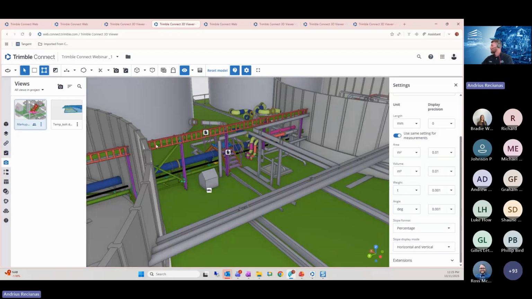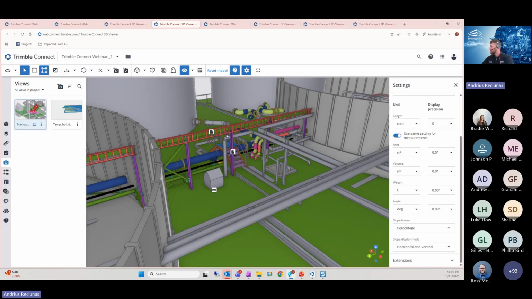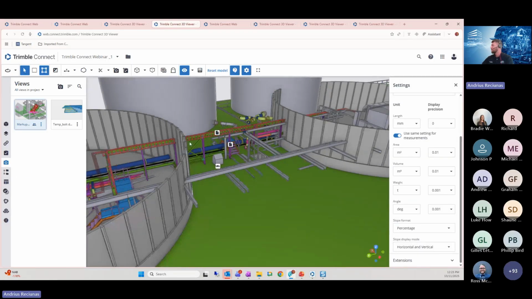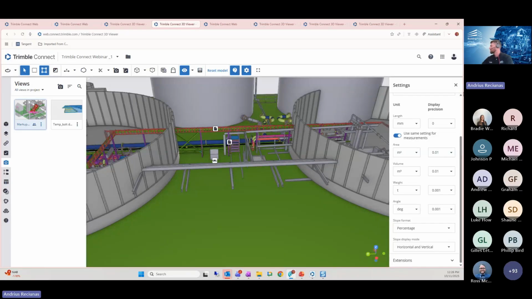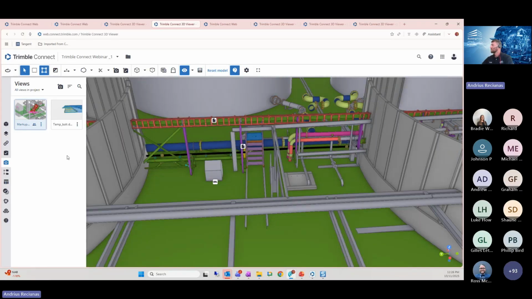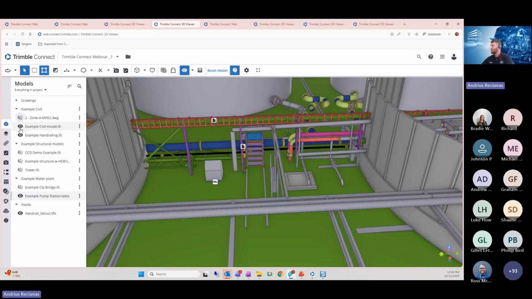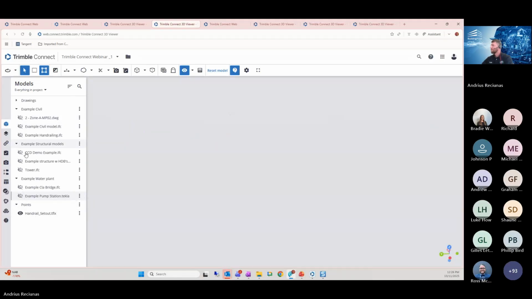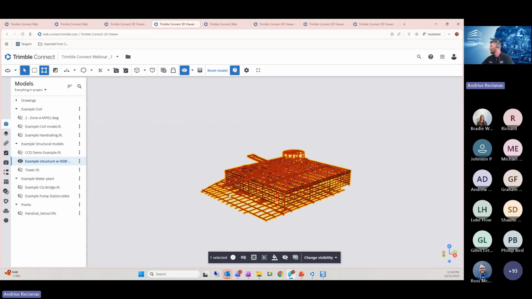The views that I talked about, we already went through. Now we're going to jump through a bit more advanced features. So let's say you have multiple models throughout the project. So I'll turn these off. And let's say we have this structure, which is a geolocated one. So if I just zoom into that location,